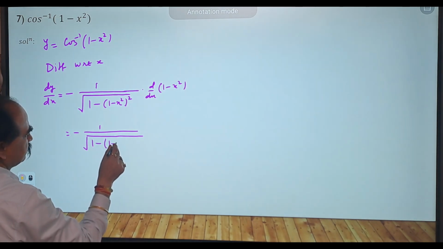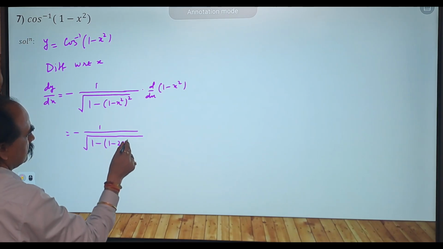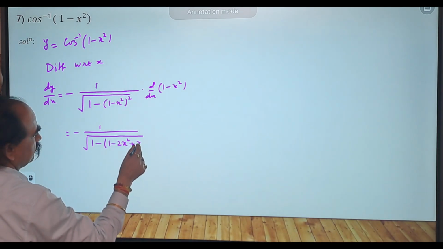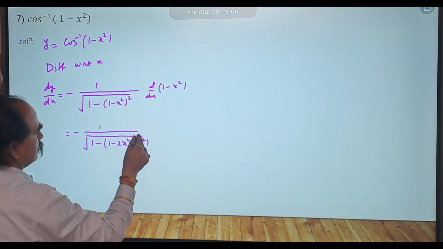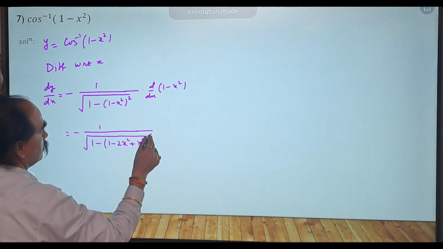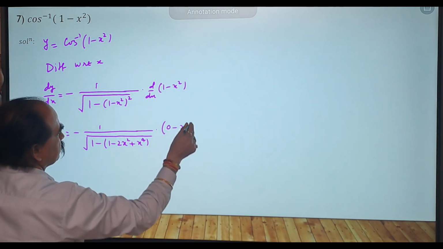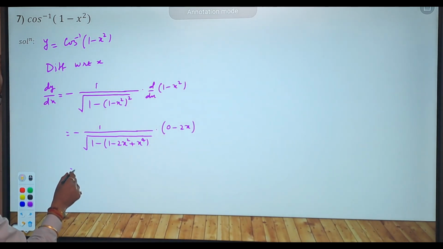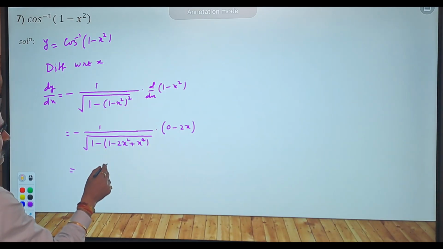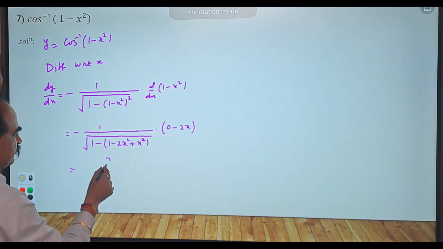One minus 2x square plus x raised to 4. Zero minus 2x will give you what? Minus into minus plus 2x upon